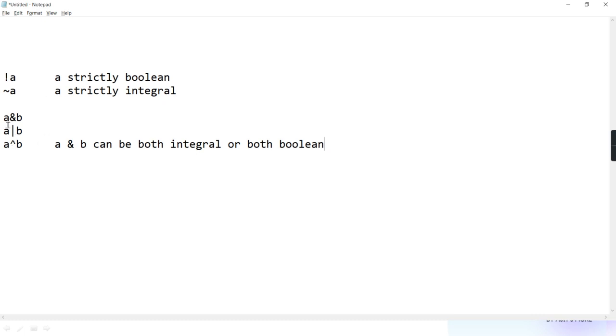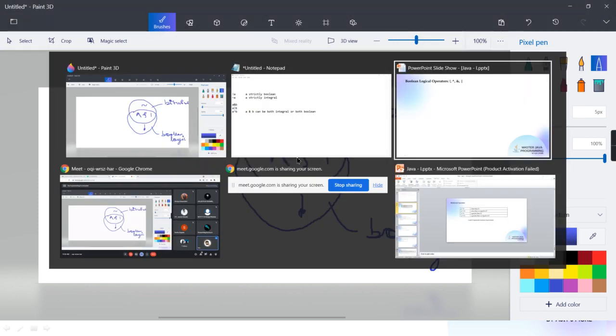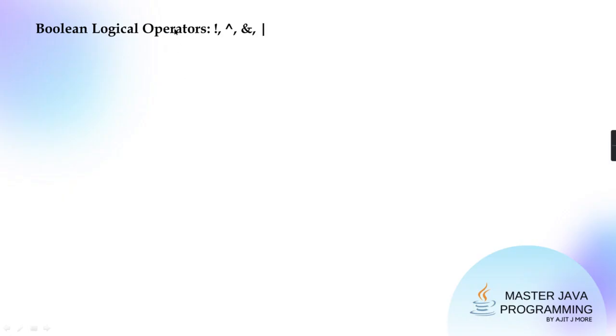So now tell me, when these three operators are applied on integral, they are called bitwise operators. And if applied on Boolean, they are called Boolean logical operators. The same operators we are going to study again in the next slide. In that context, what will be the data type of the operands?